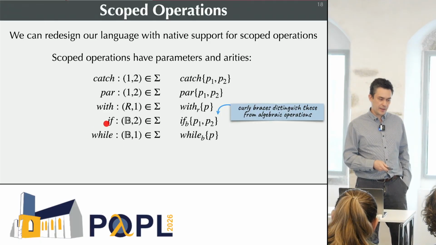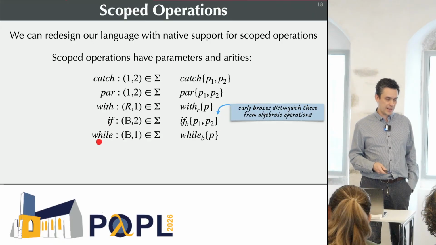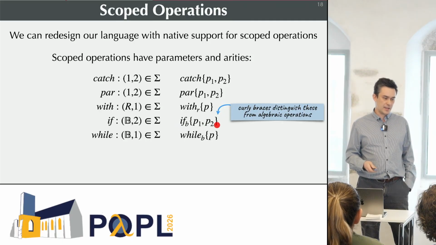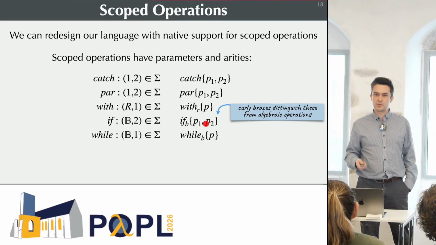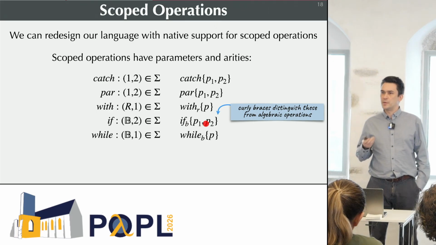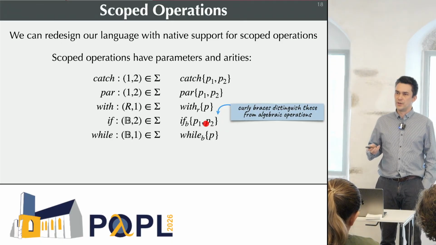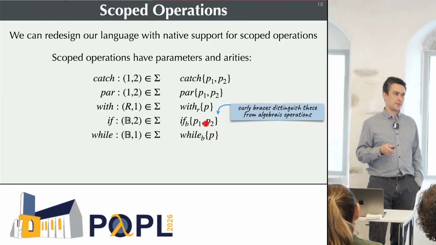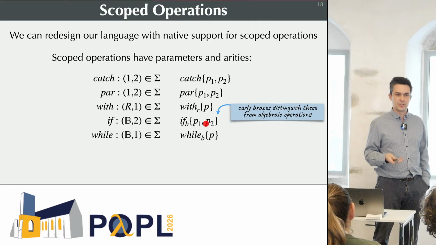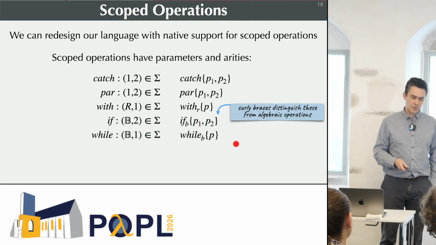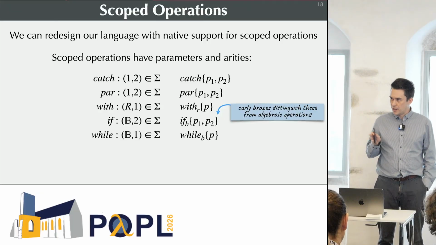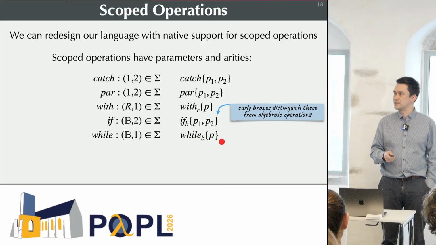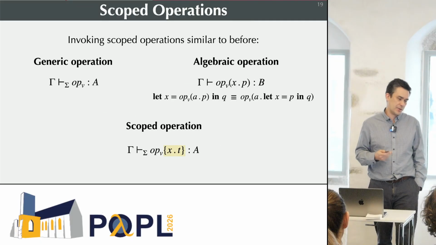Another example is maybe like some control structures, like if or while loops. So an if takes in some Boolean, and then it produces 2 programs, or at least 2 programs might be sensitive to that Boolean. So this might be if you want to, I don't know, have a lazy version of if then else, or maybe an eager version that executes both branches, or who knows what. Maybe you're doing some kind of static analysis of your code. You want to reinterpret how if works, and similarly with while. So the only real difference so far between these and scoped operations syntactically is that we're just indicating that they're scoped with these curly braces rather than the round braces. That's all that's going on.